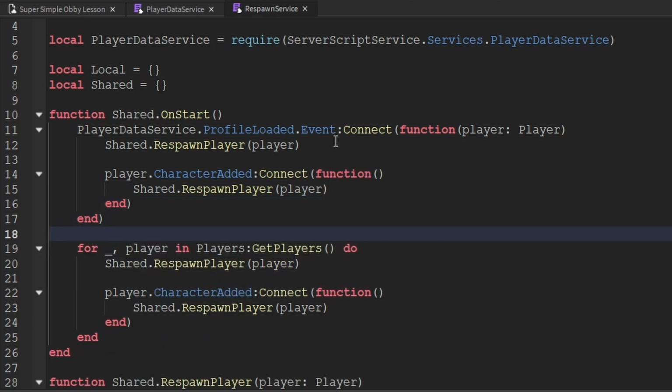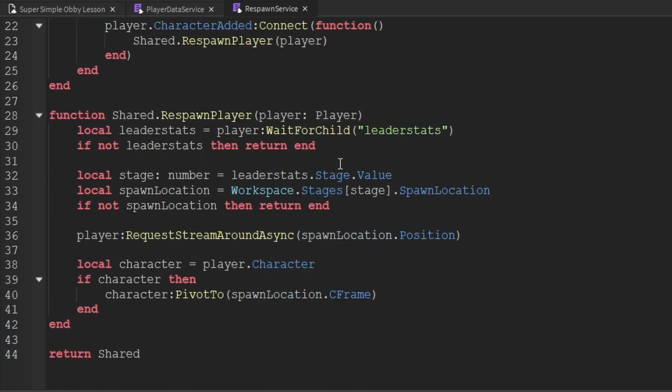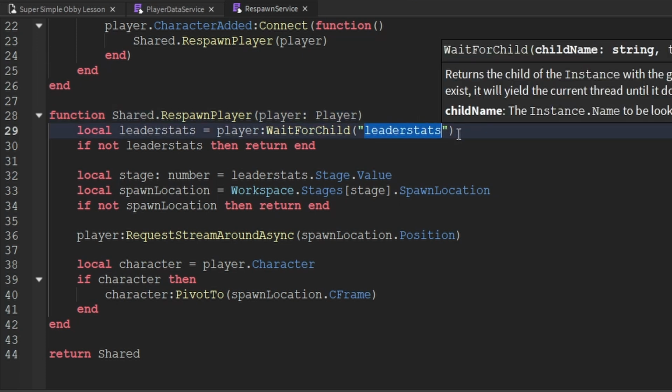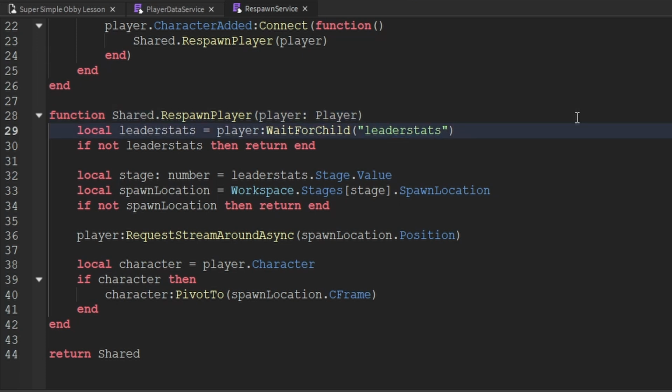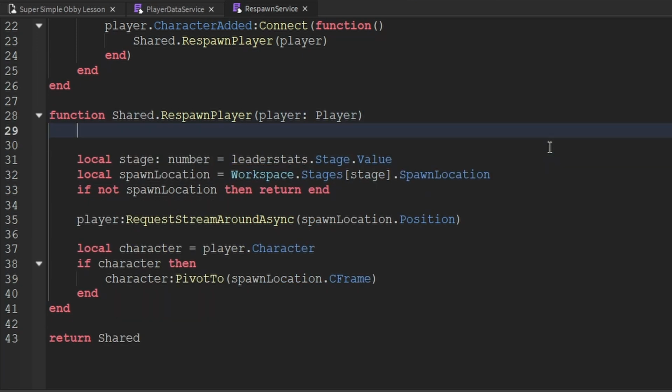Now, that's not the only thing that we want to do inside of here. We actually want to update the respawn player function a little bit to access the player's data directly from their profile and use that rather than relying on the leader stats. Now, we could continue to rely on the leader stats, but I would always prefer to actually rely on the player's data table rather than relying on the leader stats. And I think it's also a great lesson to show you how to do this as well. So let's just go ahead and delete that variable as well as the if statement,